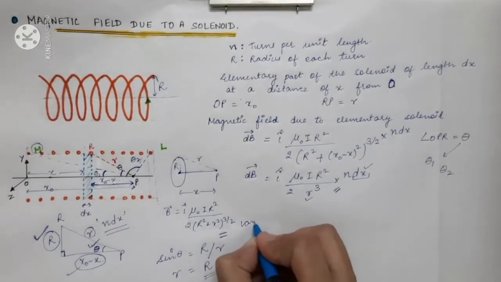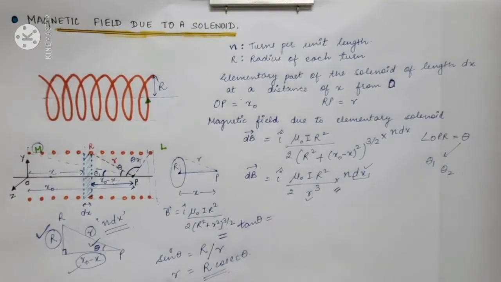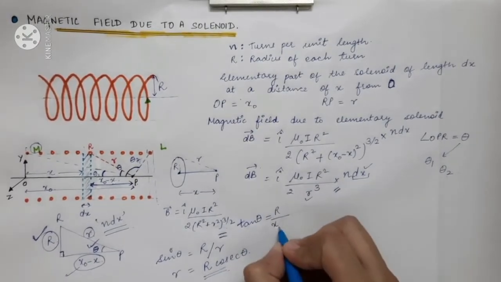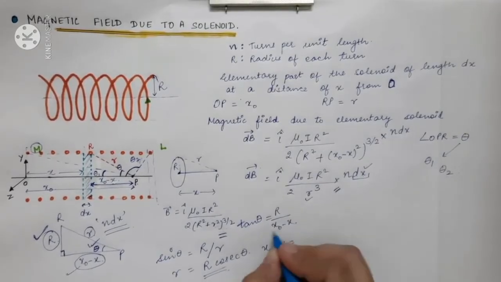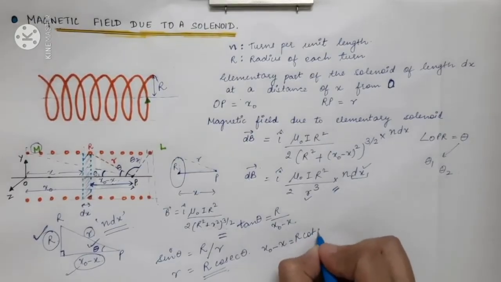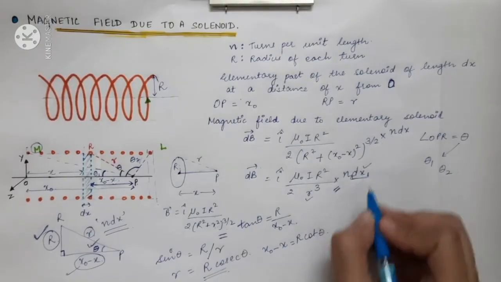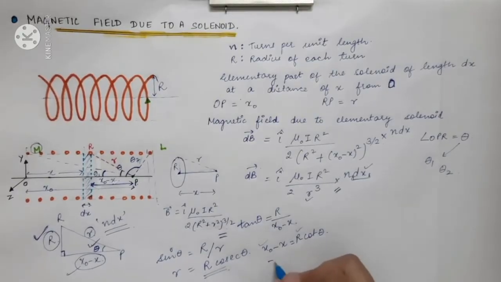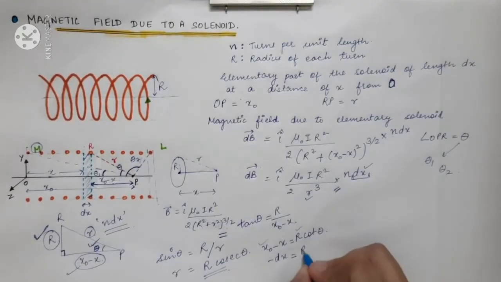So what will be the trigonometric ratio we will be using? It will be tan theta. So tan theta will be equal to perpendicular over base, which is x naught minus x. So from here you will get x naught minus x is equal to R cot theta. Now let's take its derivative because we want to find dx. So x naught is constant, capital R is constant over here. So let's find the derivative of this expression. You will get minus dx is equal to capital R